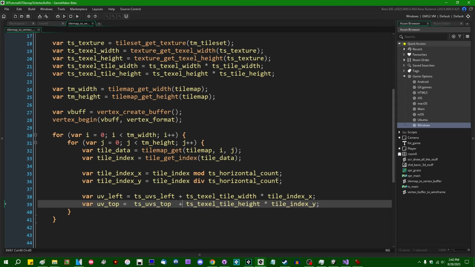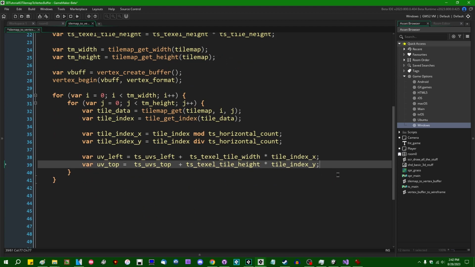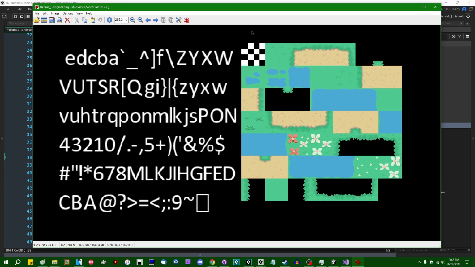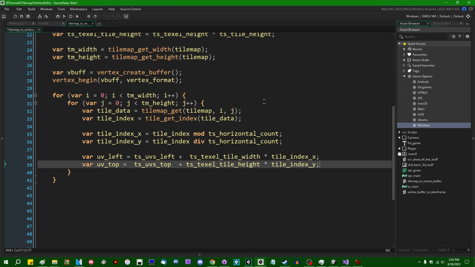Can I line up all of these names? That's satisfying. And the top left UV coordinate of the tile set that you get from the tile set get UVs function will just give you the offset on the texture page of where the upper left of the tile set begins, and